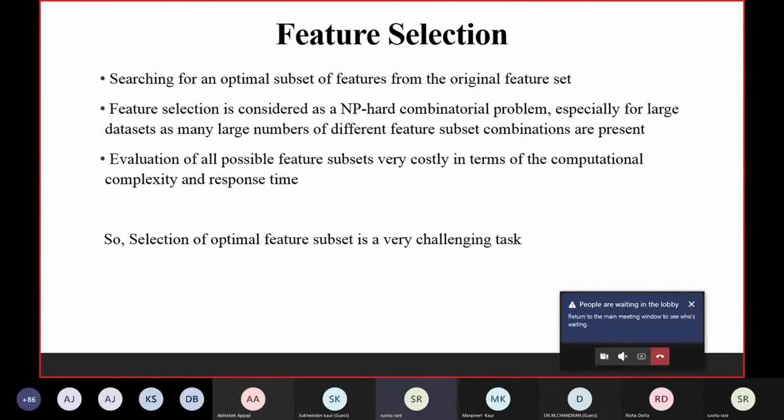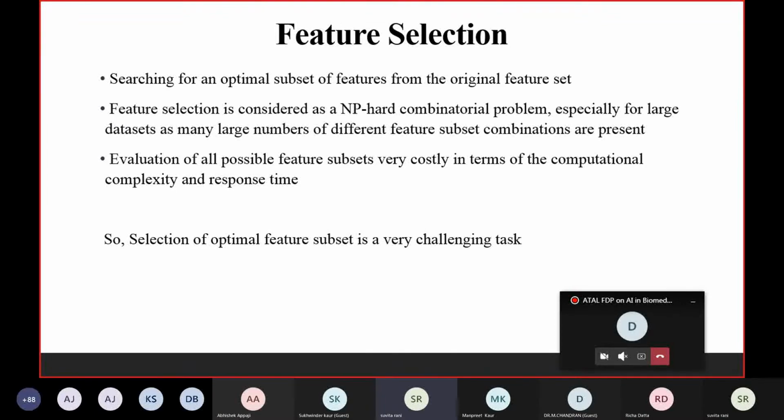First, what is feature selection? Basically, searching for an optimal set of features from the original set is called feature selection. In a data set, there are several types of features. Features can be around 2000, 1200, or even many more. Maybe not all features are relevant, or some features are repeated, and repeated or irrelevant features may impact